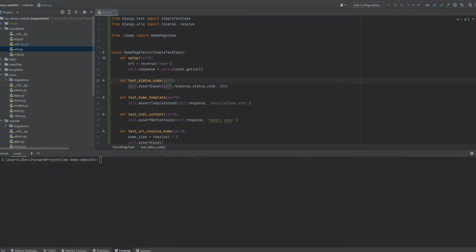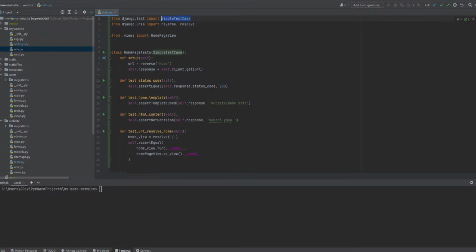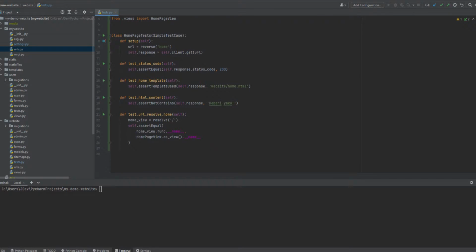Hello and welcome. In our previous tutorial, we were able to perform some simple tests using the simple test case class, and we were able to test our home page. And this simple test case can be replicated in other pages as well. And remember the difference that we talked about between the simple test case and the test case. The test case is normally incorporated where we are using the model, which is what you're going to be using in this tutorial. So I'll just add a test case here,